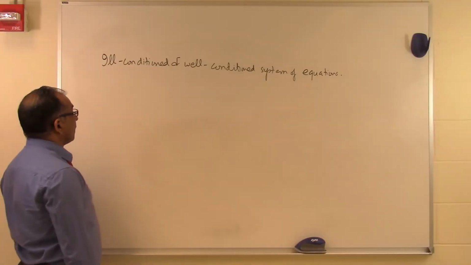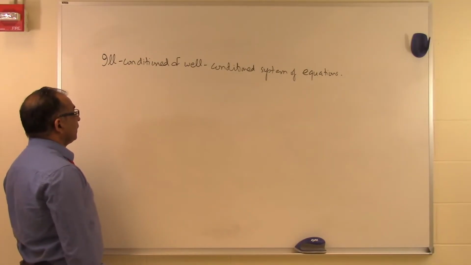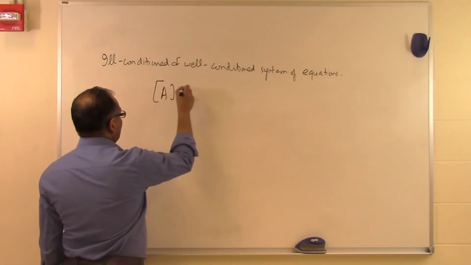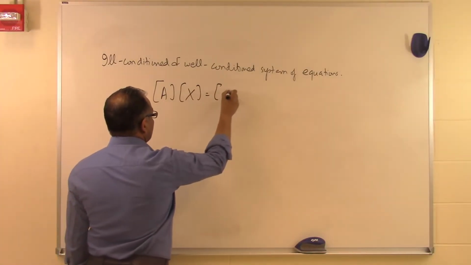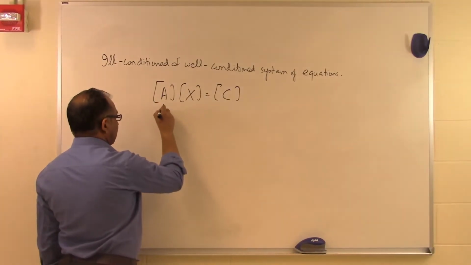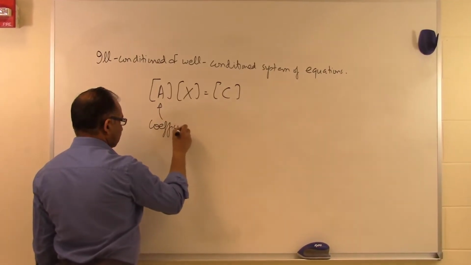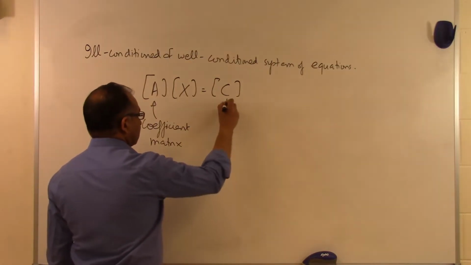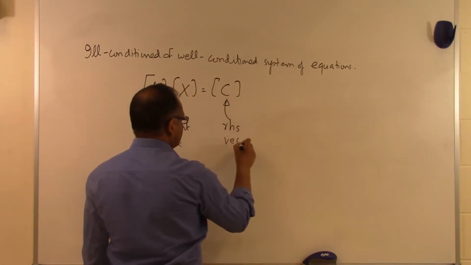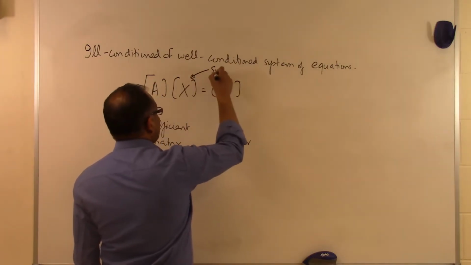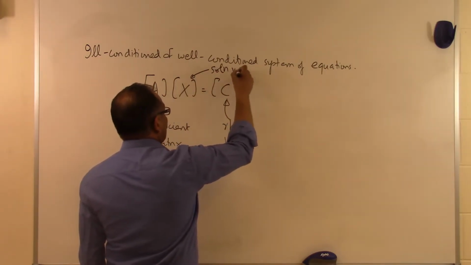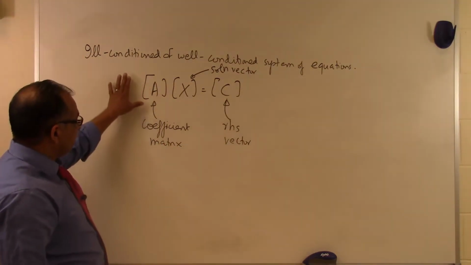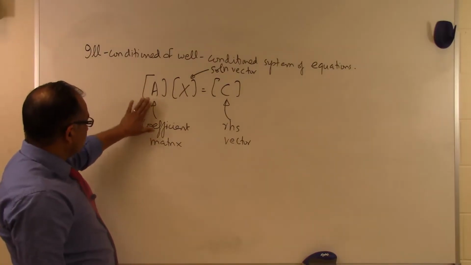In this segment, we will talk about how to differentiate between ill-conditioned and well-conditioned systems of equations. Let's suppose somebody gives you a system of equations in matrix form, which turns out to be Ax equal to C, where A is the coefficient matrix and C is the right-hand side vector, and of course X is our solution vector, or what we call the unknown vector. So whenever we're setting up simultaneous linear equations, we write them in the form of A times